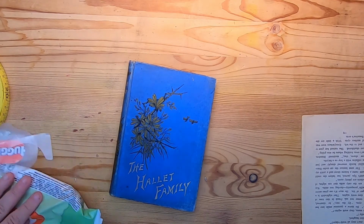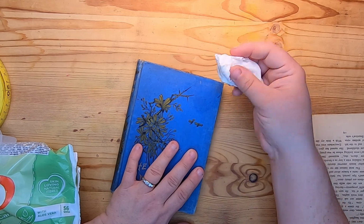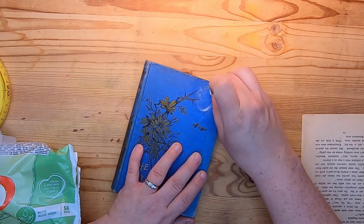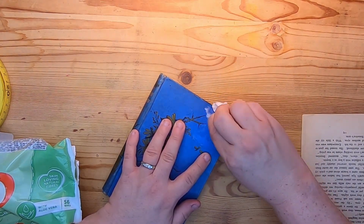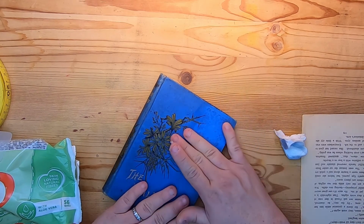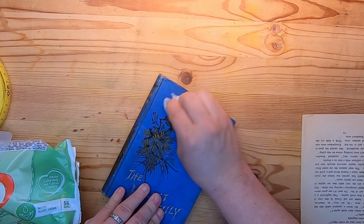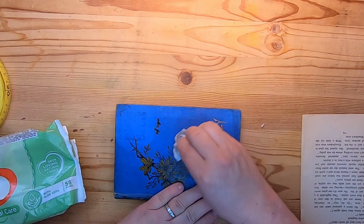So this is the Hallett family, this book, and I love this cover. I'm just going to use a baby wipe, which you need to be a little careful with on these kind of covers anyways, because it can lift up the dye of the book if you're not careful. But in this case, I'm just going to get this sticky, icky glue off. This is probably the easiest way to do this, because it's relatively gentle. At this point we are just lifting dirt. We're not lifting a ton of color, but a little bit. So I might need to just go over the whole thing to blend in, because the effect of cleaning the book can sometimes change up the...